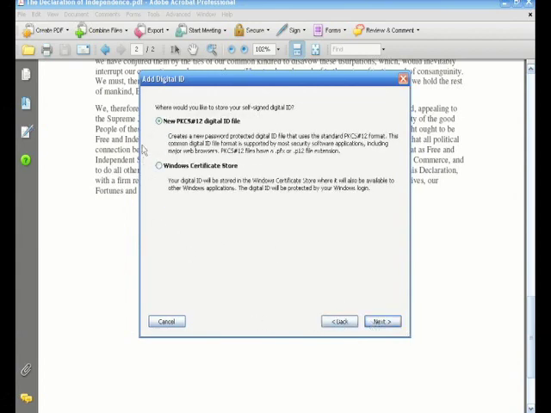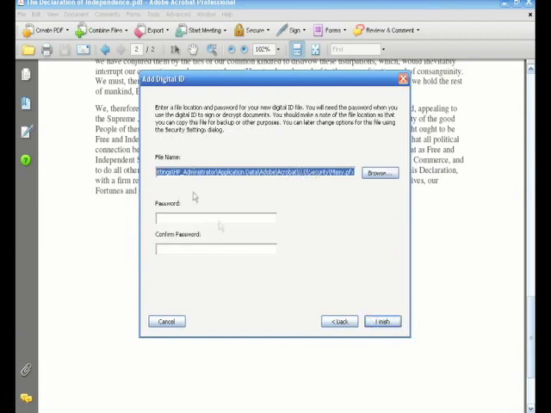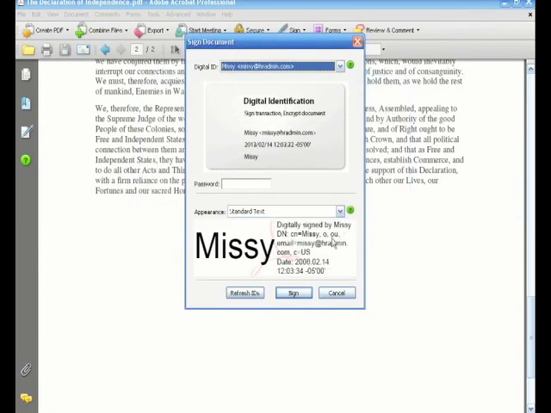And it's asking us where would we like to store it on our hard drive. And I'm going to go ahead and go with the default option. And here you need to add your information and say next. Give it a file name. We can choose to have a password, which is a good idea. So we'll go ahead and create a password here. And here you can see we have our digital signature. If we want to add it to this document, we put in our password